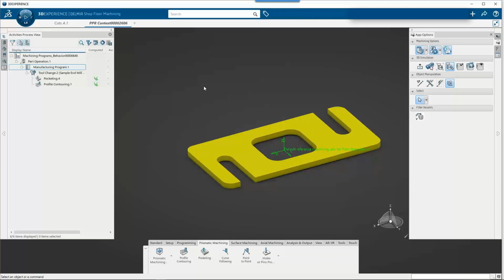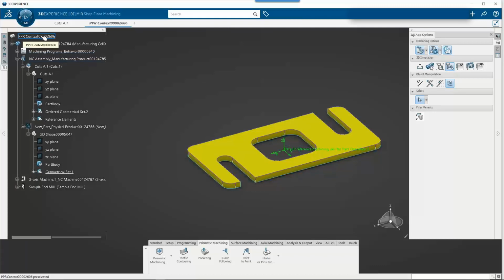There's a couple things that I do want to talk about before we end this lesson. One is naming convention. So by default, whenever you create a new PPR or create new items, it puts a number after it. And it creates a generic placeholder because it's a database and we want to keep everything working together, right? Just like your SOLIDWORKS PDM. So if I wanted to make a change or make a name, like lesson 1 training example, so I could come back and look at it,